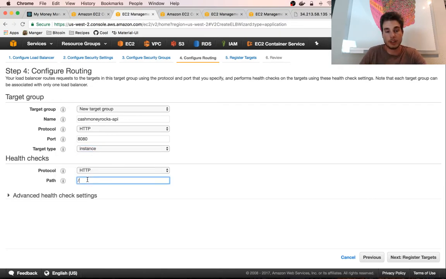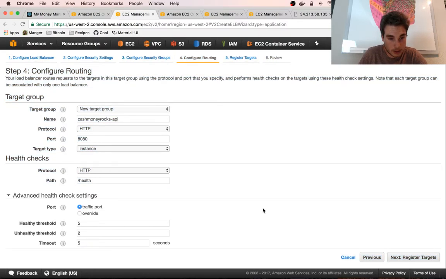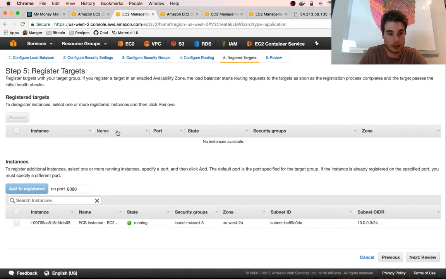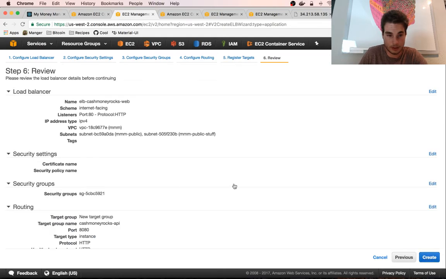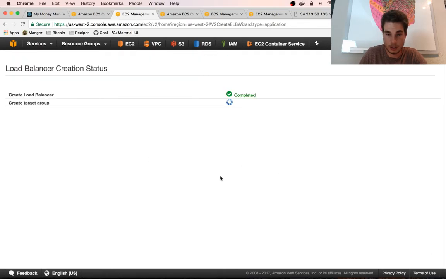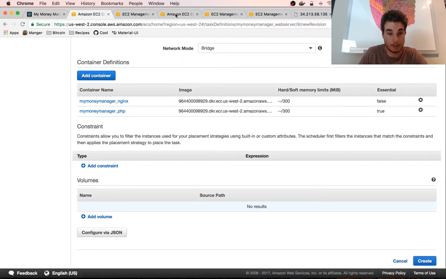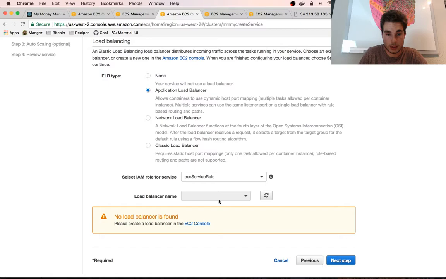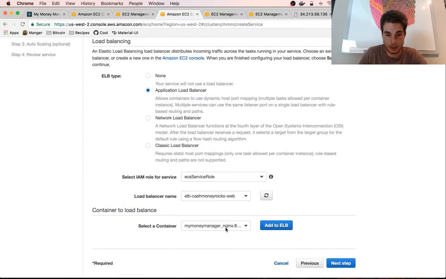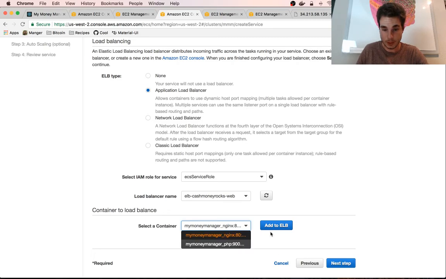Oh, the health check, that's going to be /health. Yeah. Next, register targets. We're going to skip this for now because we're going to let our ECS service register targets, I think. Maybe. So refresh. Yep, there it is. Select a container. We want our Nginx container. Nginx 8080. Yeah, I don't know why that's